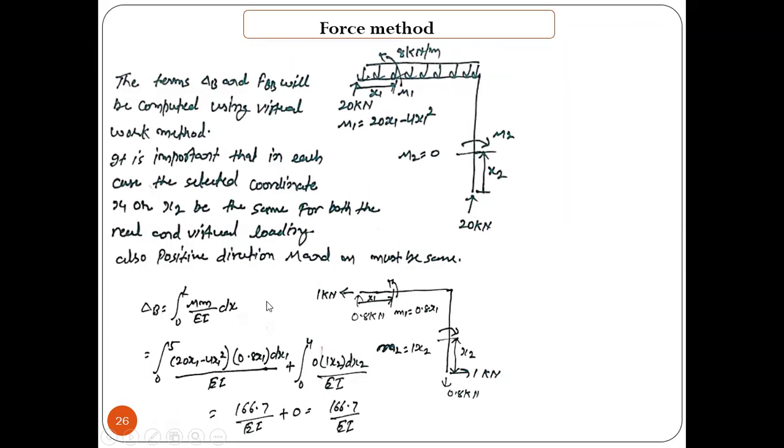So for delta B, as it is a hinge force, I am just taking the load deflection, and we are going to measure it in this direction. So 0 to L, that is the formula of the virtual work method. I know everybody may or may not be aware of it, but if you are not, please go through the notes of Structural Analysis 1 and you will find the relation. It's the integration with limits 0 to L of M m. Capital M stands for the moment due to the real loading. Small m is due to the virtual loading, meaning you remove the real loading, apply the unit load in the direction of displacement, and calculate the moments due to that load.